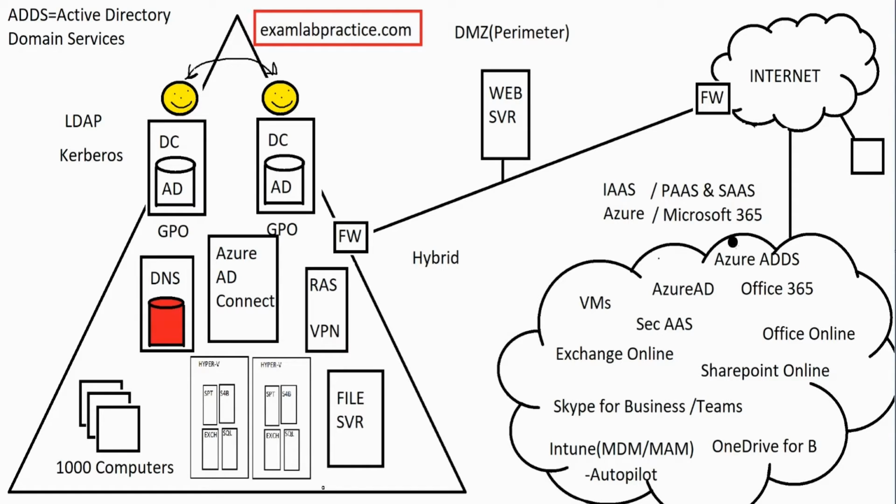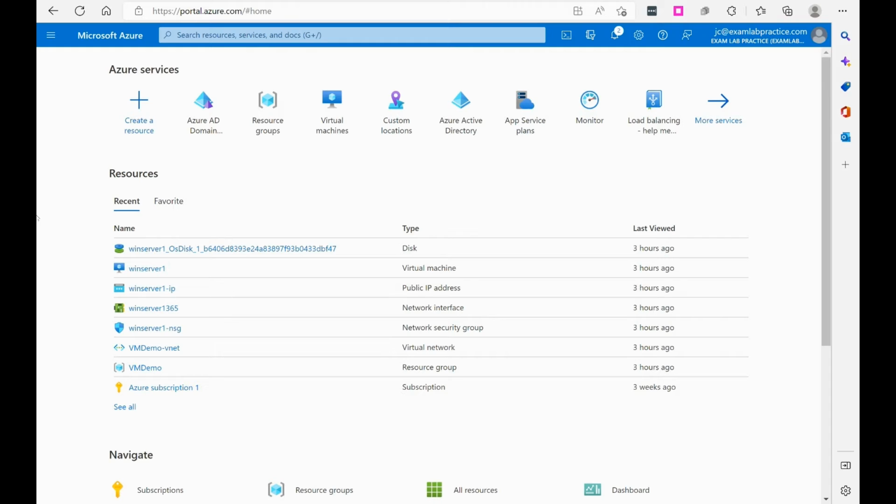Now what I want to do, I just want to jump over to the portal. We're going to take a look at that. I'm also going to introduce you to Microsoft Entra. Now, looking at these services in the cloud, first off, if I'm here on portal.azure.com, I can click the menu